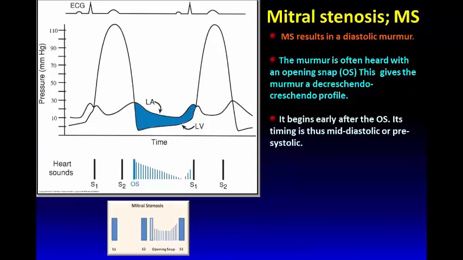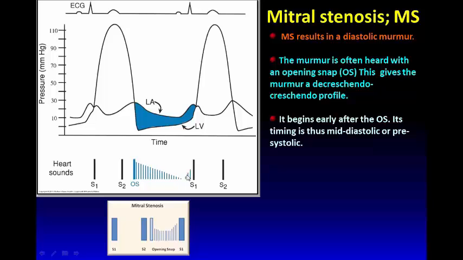Narrowing of the mitral valve orifice and impairment of emptying of the left atrium into the left ventricle during left ventricular diastole results in a diastolic rumbling murmur. The murmur is often heard with an opening snap. So this is an opening snap, and this gives the murmur a decrescendo and slightly crescendo profile. So the murmur begins early after the opening snap. So its timing in the cardiac cycle is